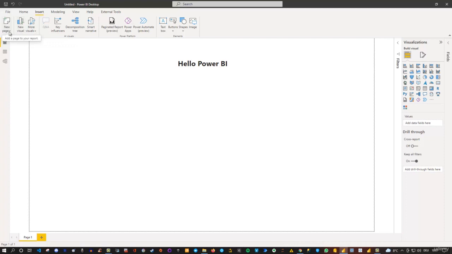New Page allows us to add additional pages to our report. Currently, you can see we are on page number 1. I can either click on a plus symbol to create a new page, or I can go to New Page here, click on this, and then I can either add a blank page, or if I have created a very interesting page here, I've added various visuals, I can also simply duplicate the page. So if I click on duplicate here, you would see that I have duplicated page 1,